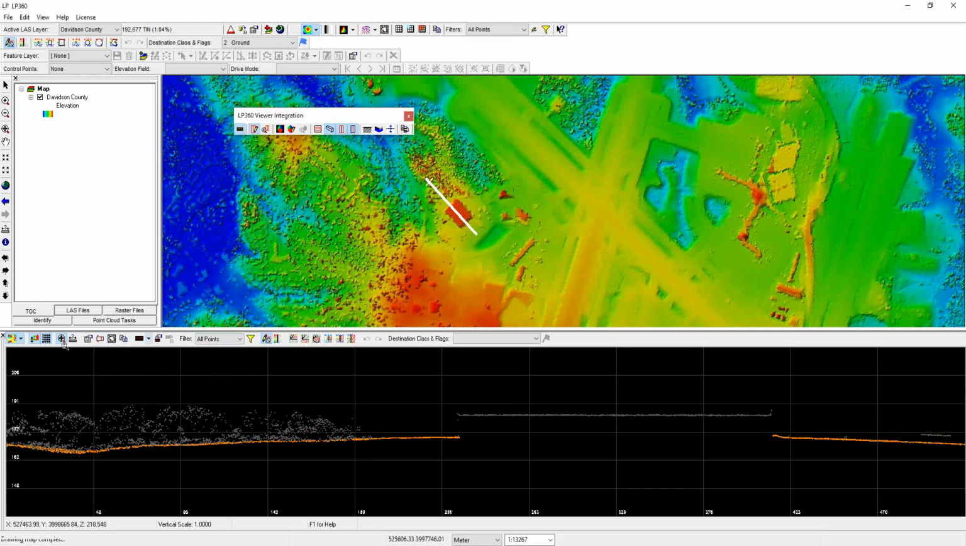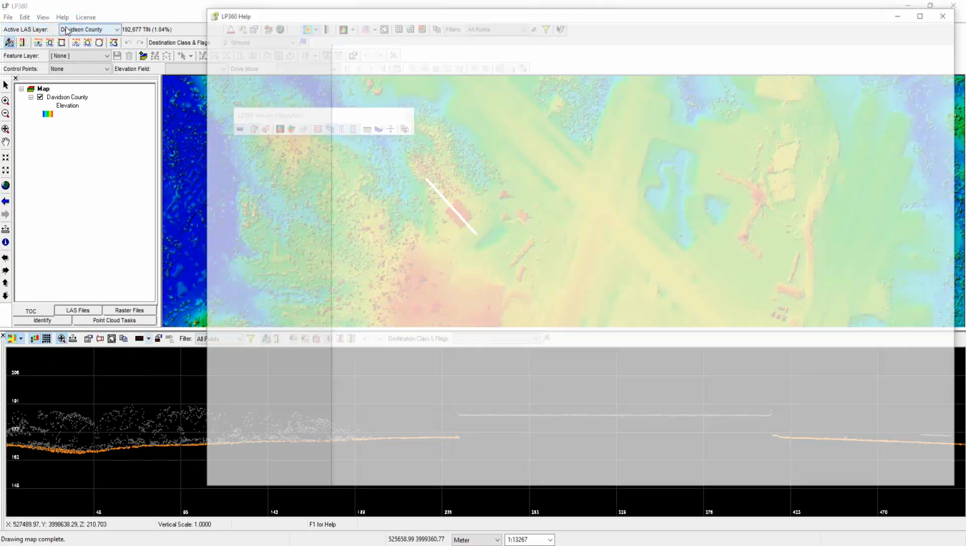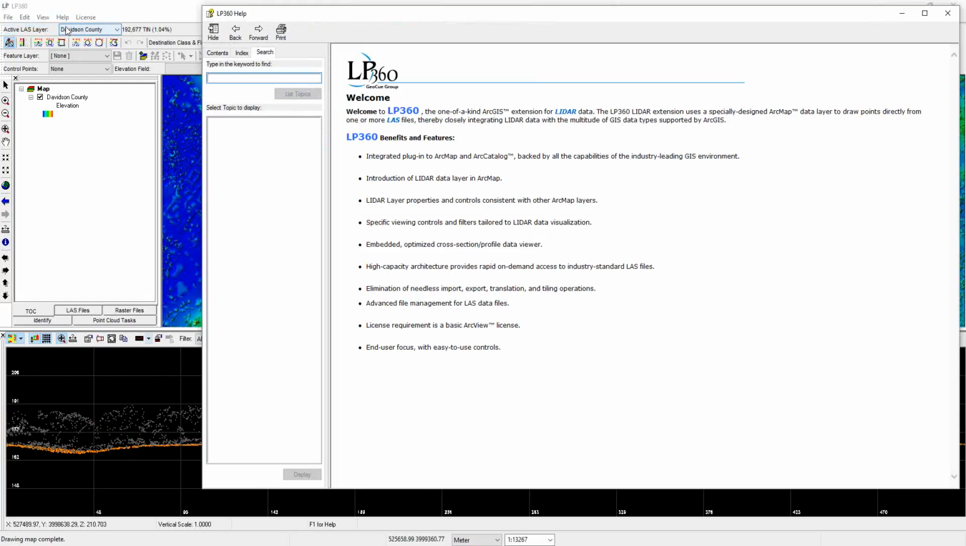And there's a variety of tools in here for doing things like draping a profile line, exporting that profile line, and so forth. I will mention there is online help available, so you can come up here into help and go look in the LP360 help system. I really encourage you to use this as a learning tool for your evaluation or when you're first starting to use the software. So for instance,